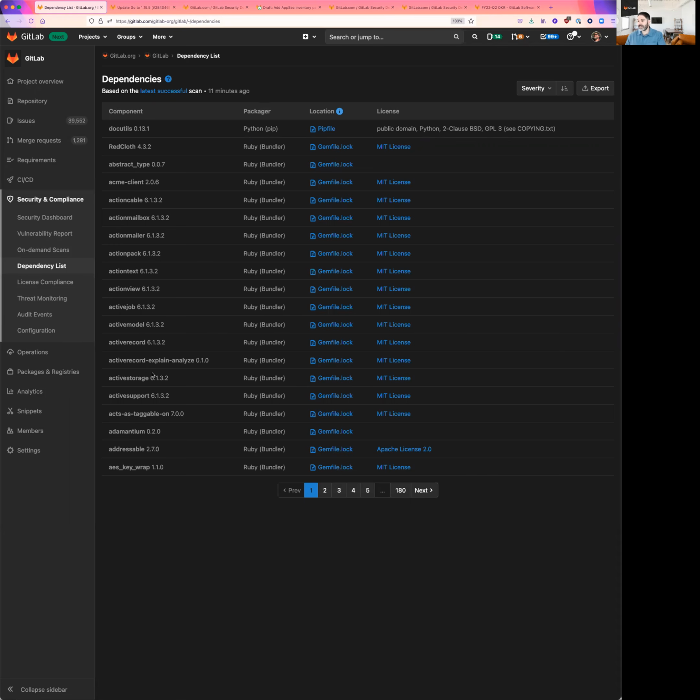There is no way to search for a very specific dependency. So imagine that at the scale of GitLab, where we have thousands of projects involved in the build of GitLab itself and shipping GitLab itself, it's rather impossible to figure out if we're using a very specific dependency and a very specific version of that dependency. So we started from this problem, and